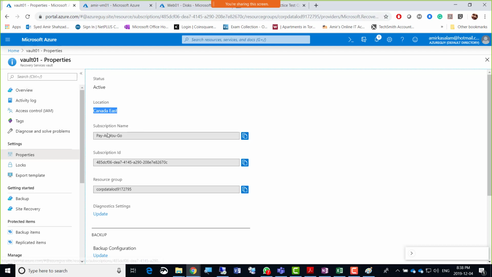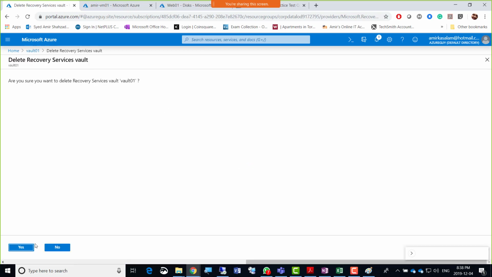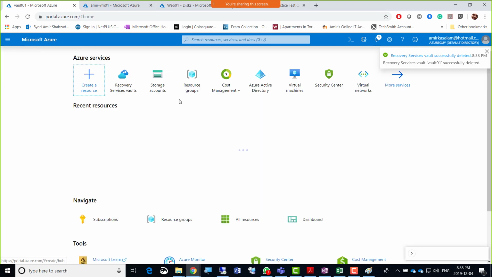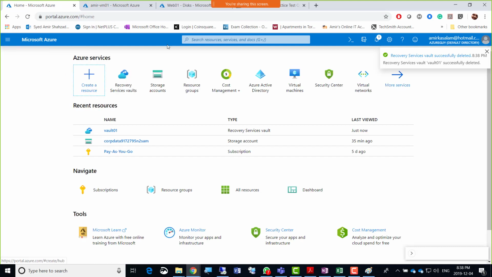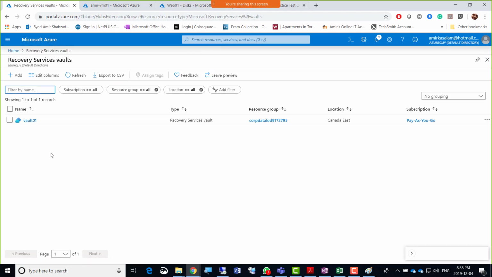So if the vault is there, the virtual machine should be there. The virtual machines we were creating are in Canada Central. So I'm just going to create a vault in Canada Central now. I'll get rid of this vault. Am I able to delete? Yes, okay, gone. So I'll create the vault again. Recovery Services vault is there. Remember that you search from there, or it is there already.